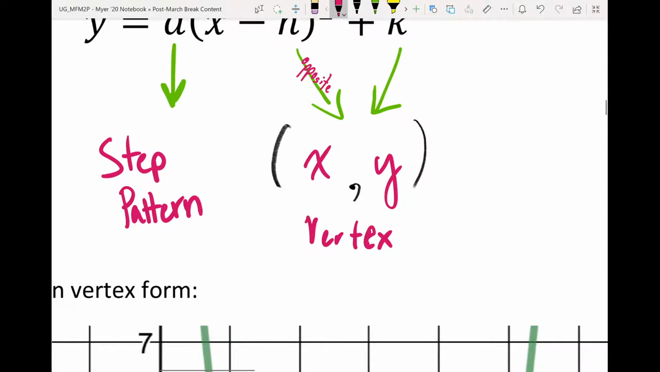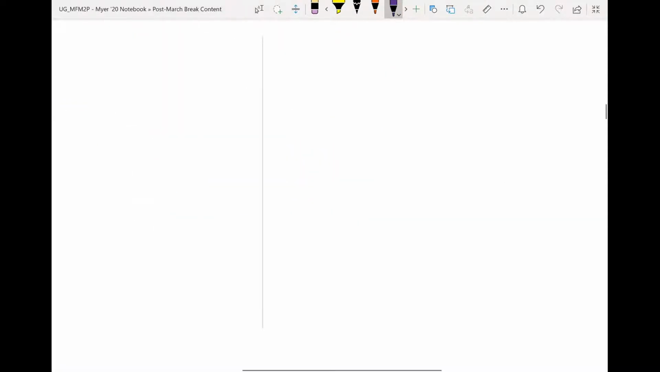Except with one tiny asterisk, which was that the x is the opposite value. Because x is a liar. X is always the opposite of what you think it is. And y never lies. So if I were to give an example,